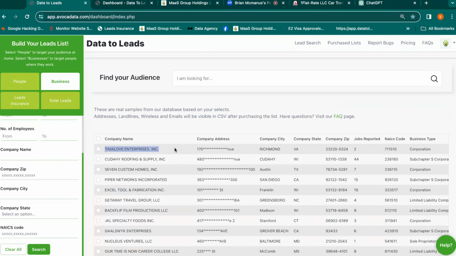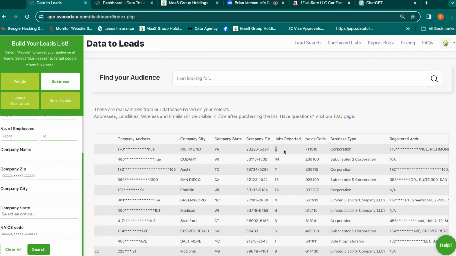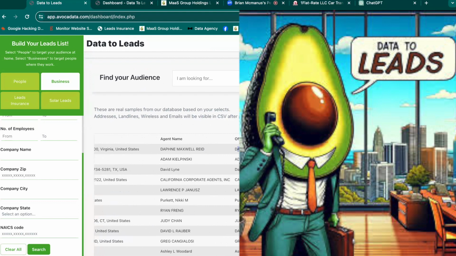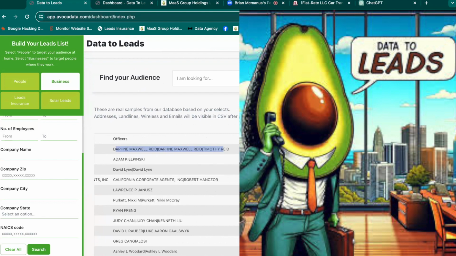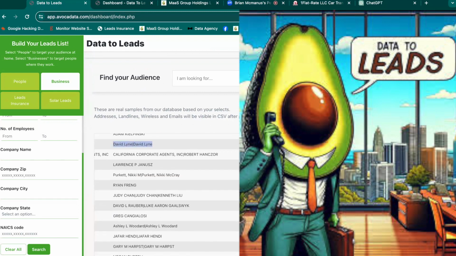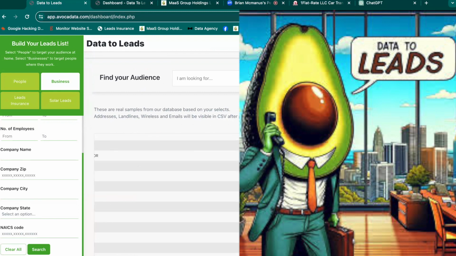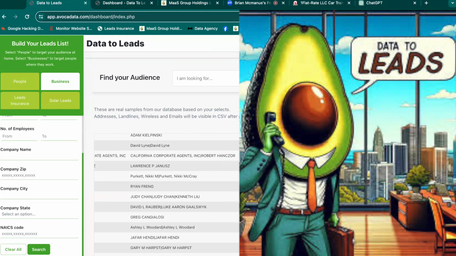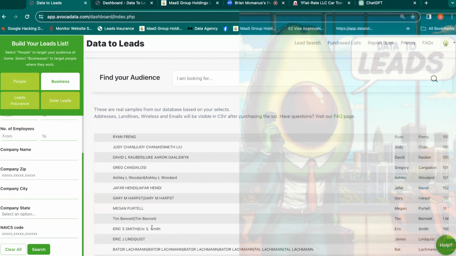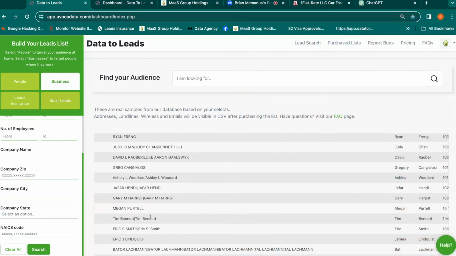So we have the business name, they have their employees submitted to the Secretary of State, and then we're able to get the names. And then where we come in is we skip trace this info to the contact info. So we have David, David has an email, David has a cell phone. And that's how this stuff is compiled. It's all computer science stuff to match information to build detailed profiles on different people.